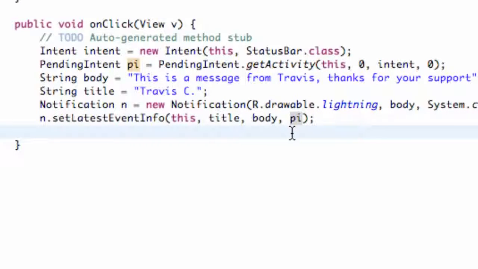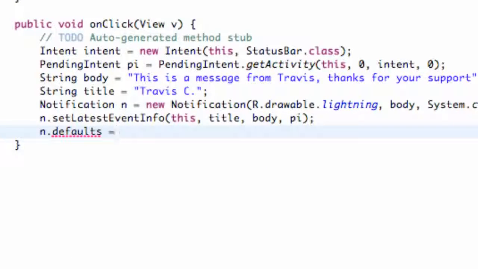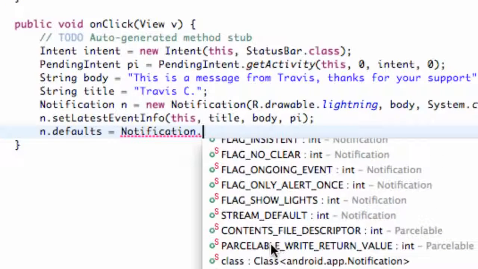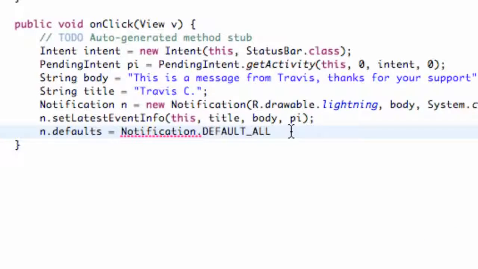And then we're also going to set up basically how we want to notify the user. So we're going to say n.defaults, and we're going to set this equal to Notification class. And then we have some options like the lights, the sound, vibration, all that good stuff. So we're going to choose the default all, which is basically the default sound and the default, or it will vibrate as well. We'll do both. So set that up, and